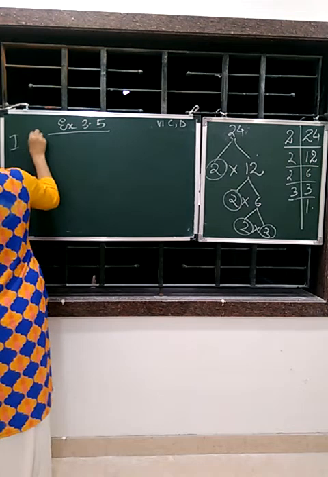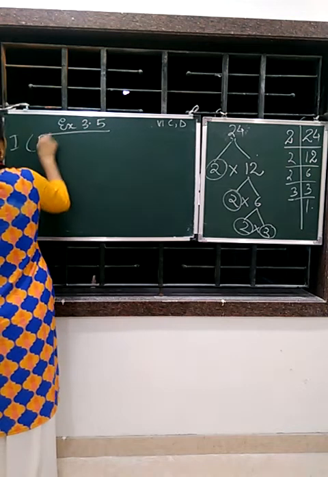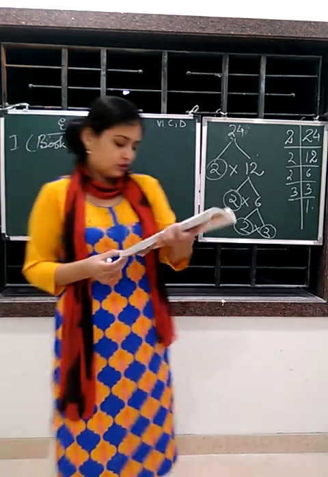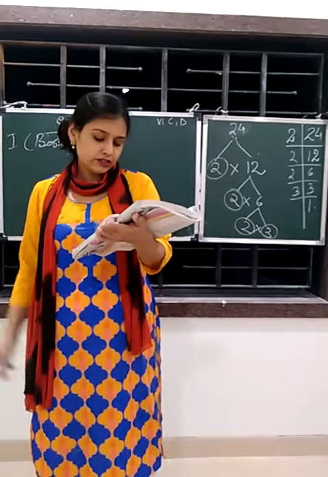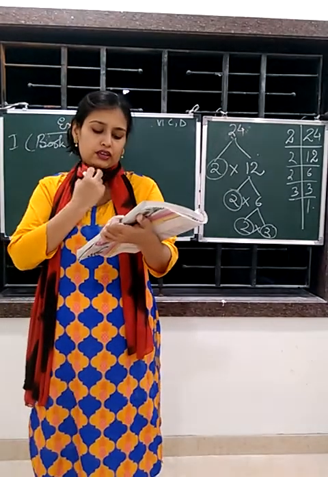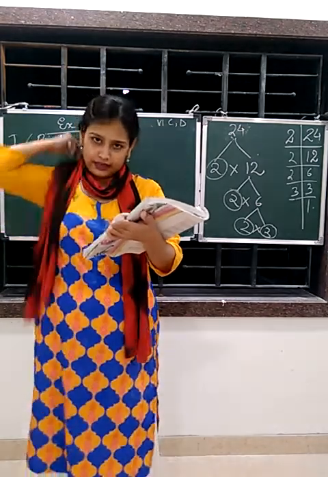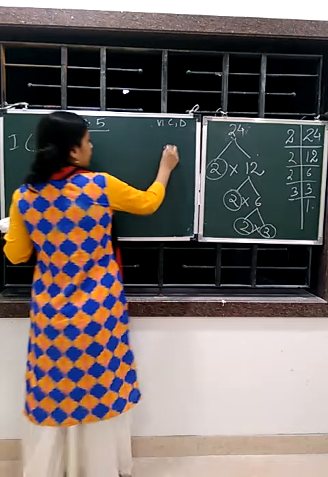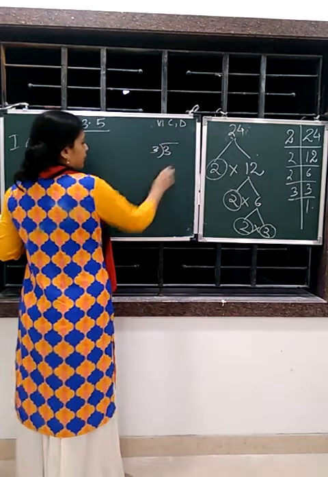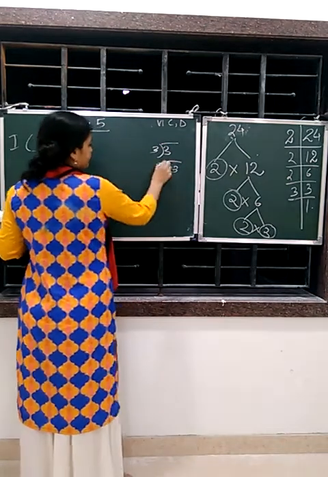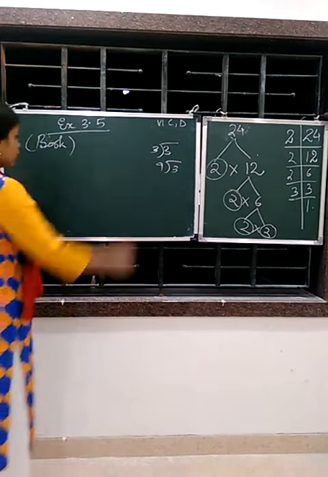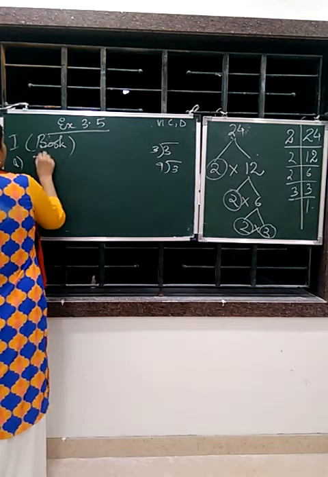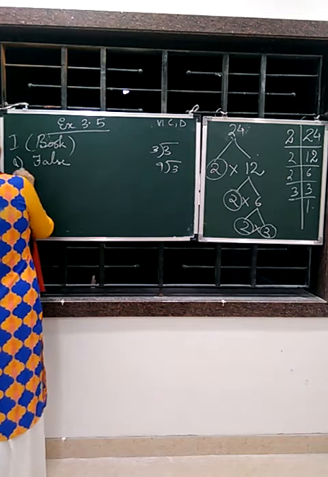First one should be done in the book, okay, because it is simple, true or false. So first one, if a number is divisible by 3, it must be divisible by 9. Isn't that? If a number is divisible by 3, 3 is divisible by 3, but is 3 divisible by 9? No, right? So what should be your answer? It is A, B, C, D. A. Answer is what? False.